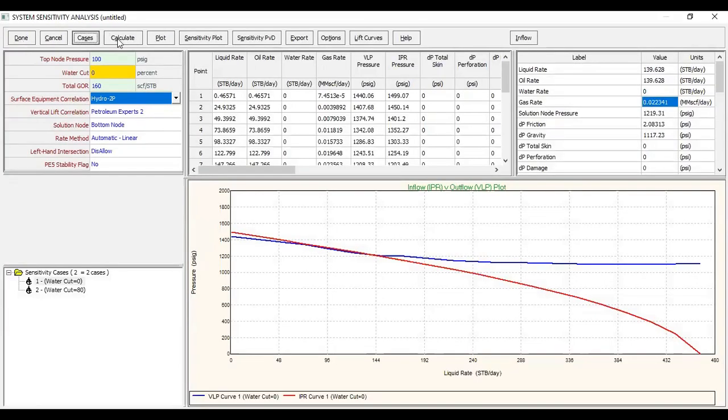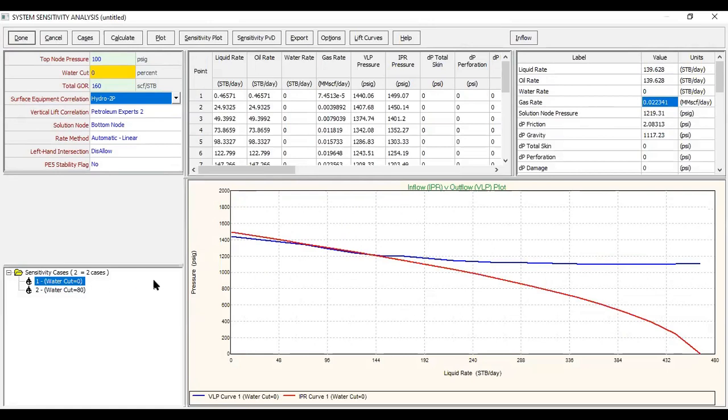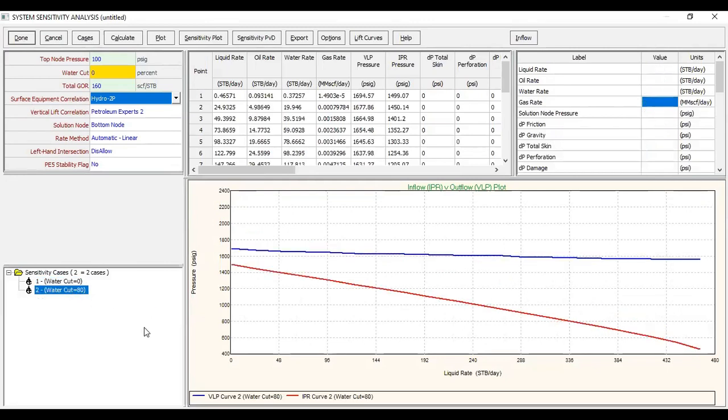Okay, now you can calculate. All right, so you can see for water cut of 0, there is intersection, the well can flow, the flow rate here. But at water cut of 80, there is no intersection. There is no liquid rate, there is no oil flow rate, there is no intersection. Okay, this one, the VLP, the blue one.